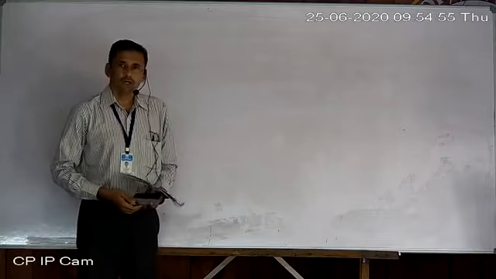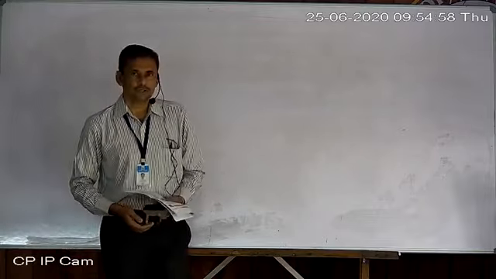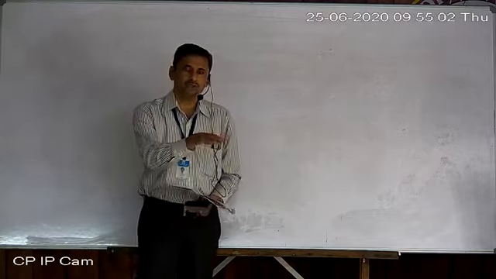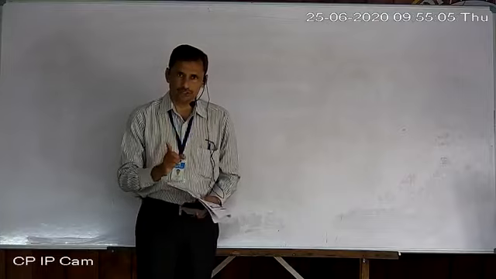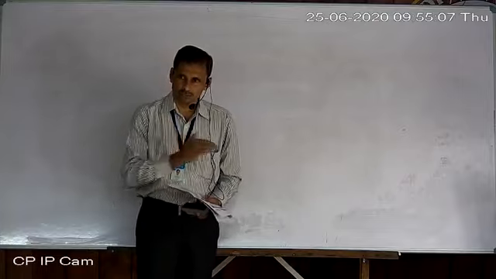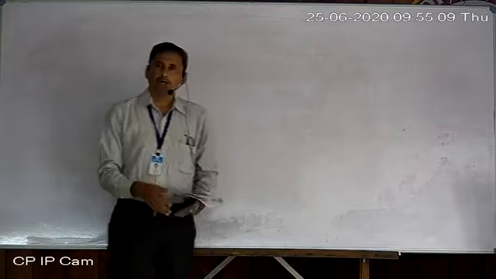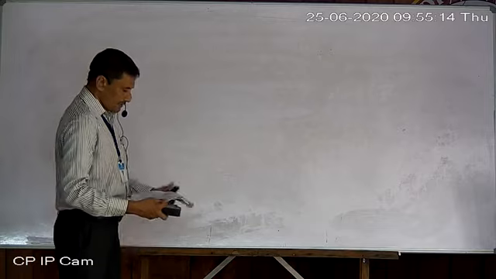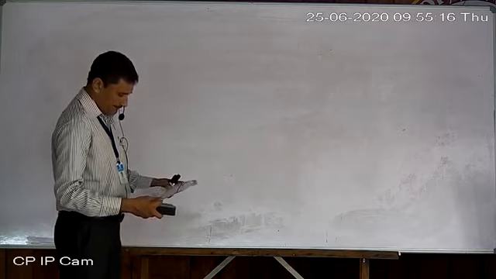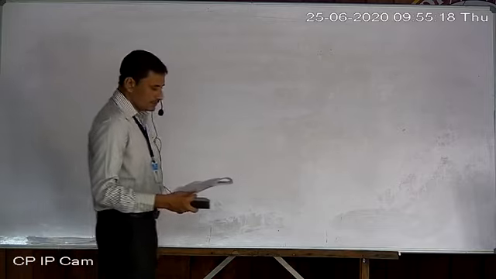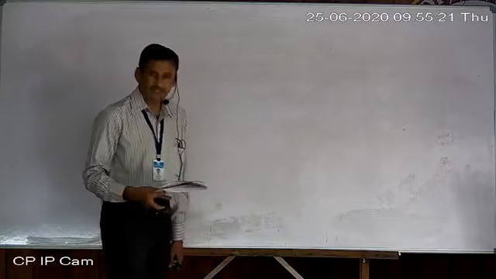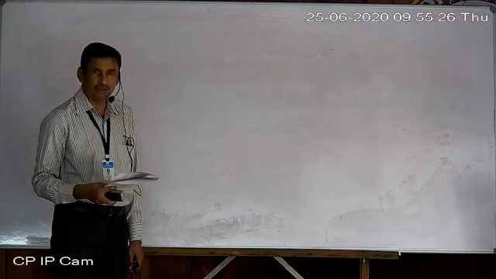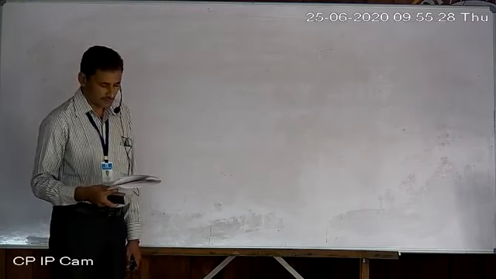Now just open your worksheet, lesson number 2, which continues now. Look there, some questions are simple. In number 1, the zero of the linear polynomial 3x plus 2: obviously you just write 3x plus 2 equal to 0, so x equal to minus 2 by 3. It is that simple.